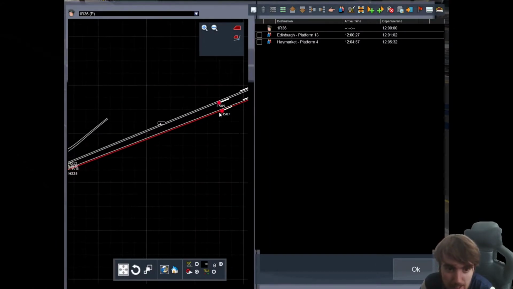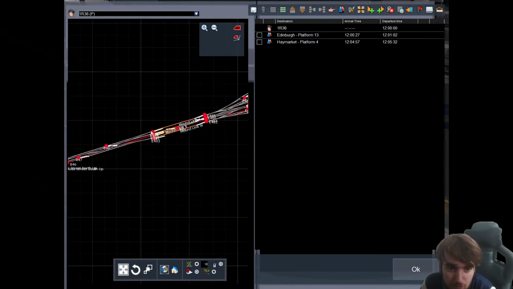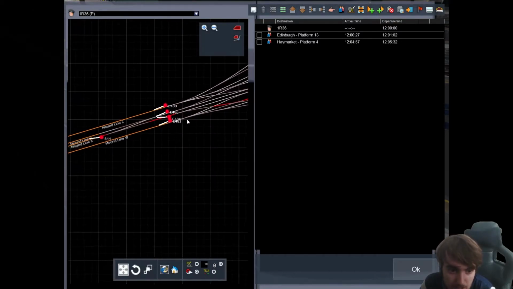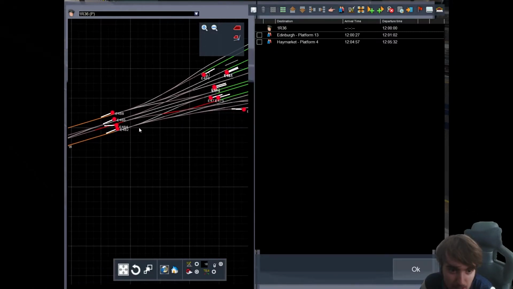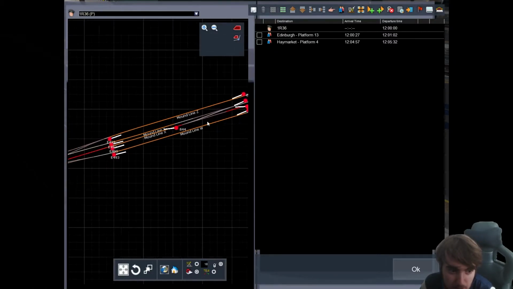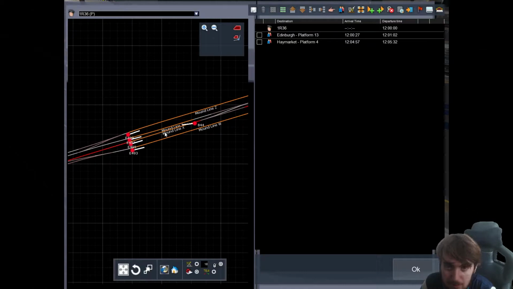You'll see now a red line has appeared. This is your path for the train. So what you can see here is that we switch over and we don't want to go down this line. So what we want to do to change that, we want to go to waypoint, move this up, not to the top, to there, and